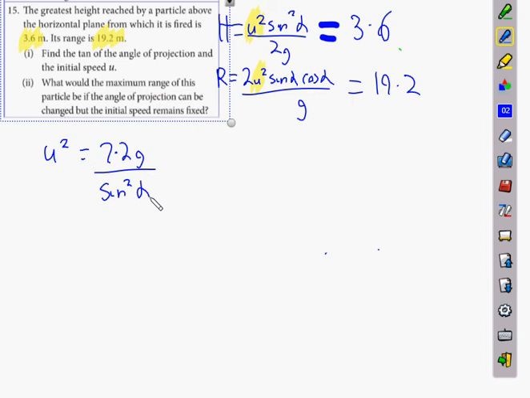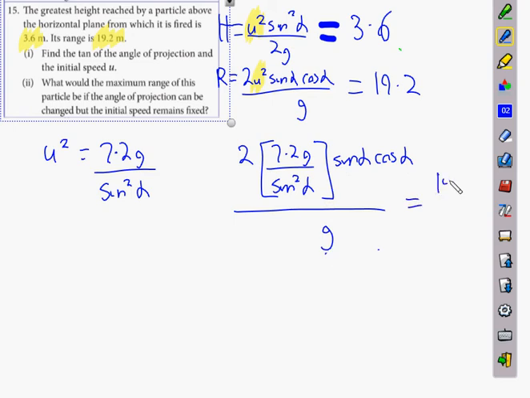Then I'm going to replace that into the R equation, so it's going to be 2 times 7.2g over sine squared alpha